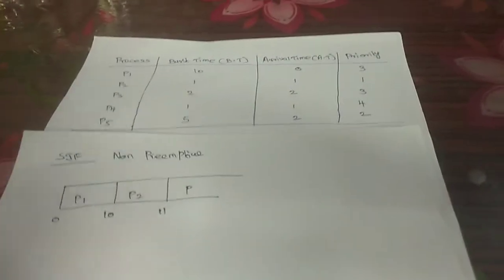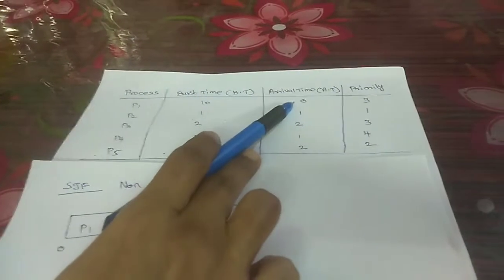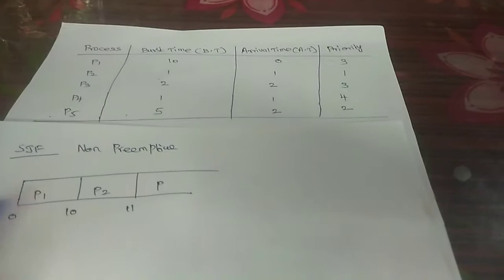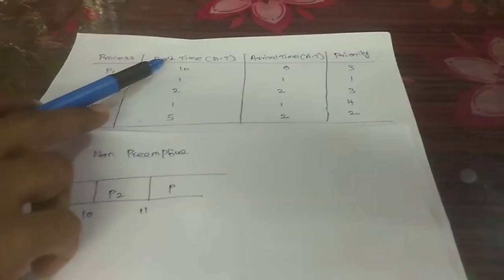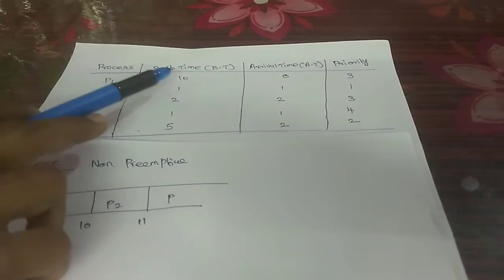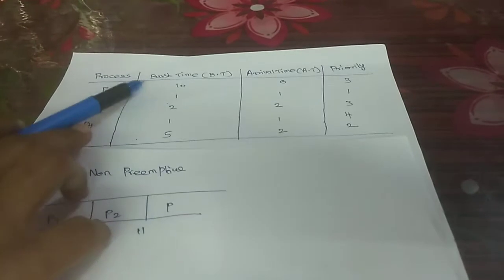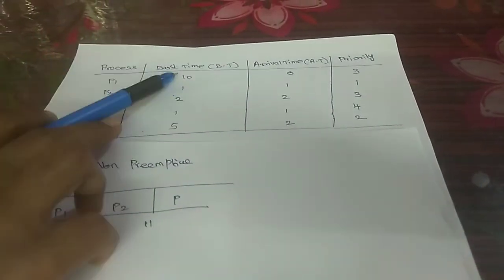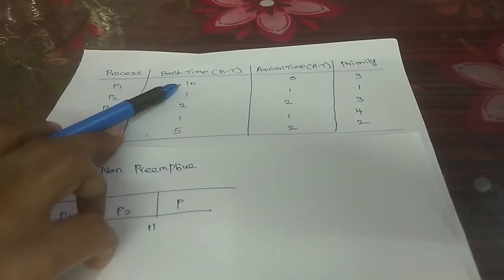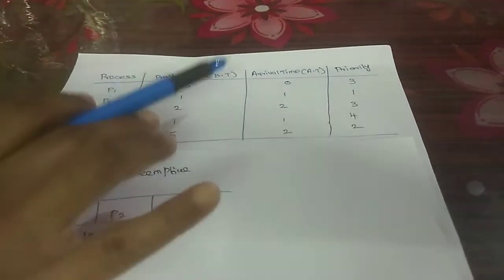First, the process P1 will be entering into the processor. Whenever the arrival time is given, that is 0, the process P1 will be entering and it is going to complete its entire execution because it is non-preemptive, 10. So at this time all the processes will have arrived and enter into the waiting state, because the process P1 has a burst time of 10. So all the processes arrived and are meant for the waiting queue.